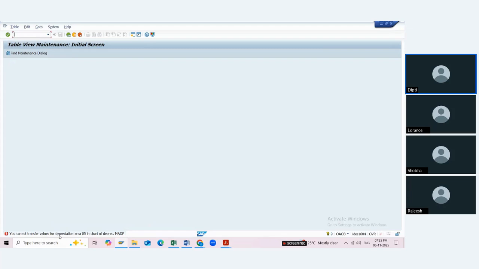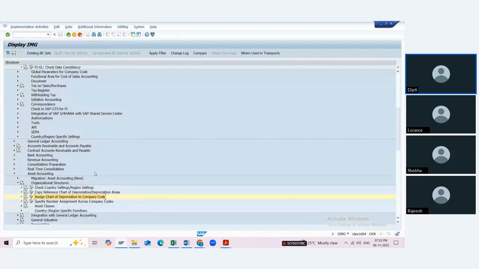You cannot transfer the value of depreciation area 05 in chart of depreciation. Now, why is it a setup issue? Because the setup of data to be copied is still the same as 0L, that is, the system still considers that 05, the new depreciation area that you have created as a real-time posting, still follows the same setup of value as the book depreciation. So book depreciation is called 01. So what do we have to do